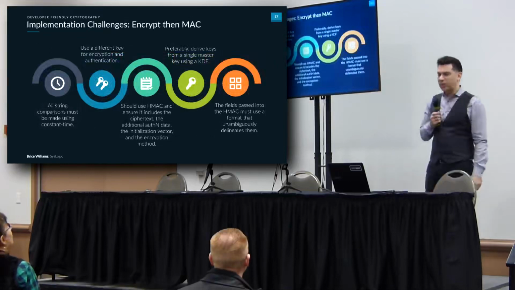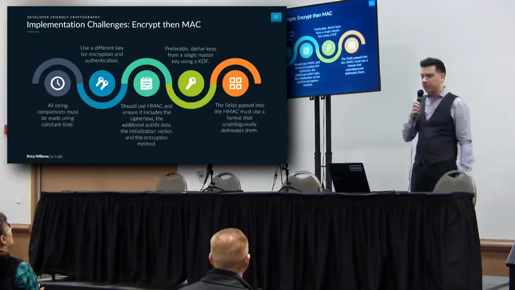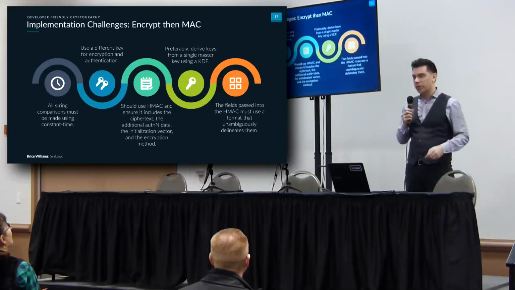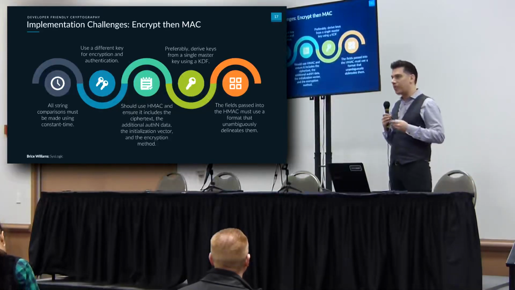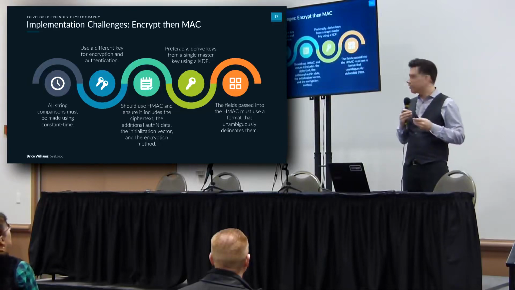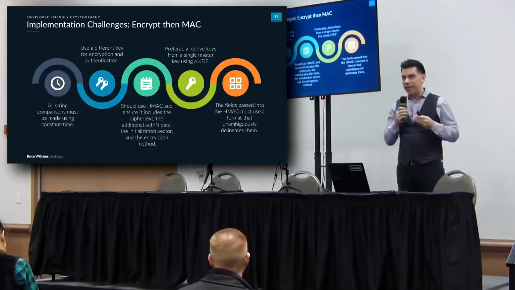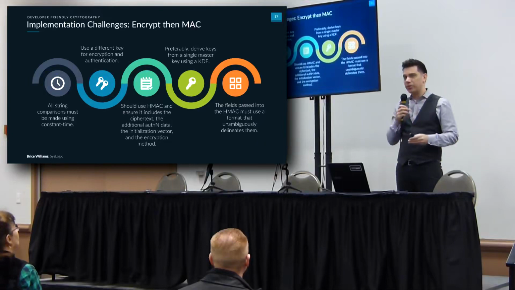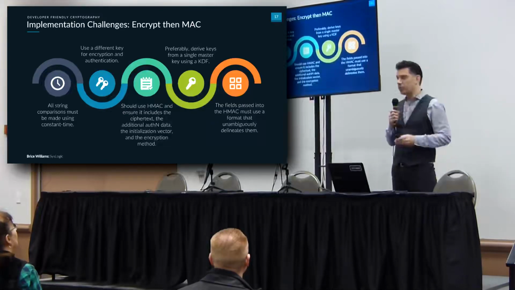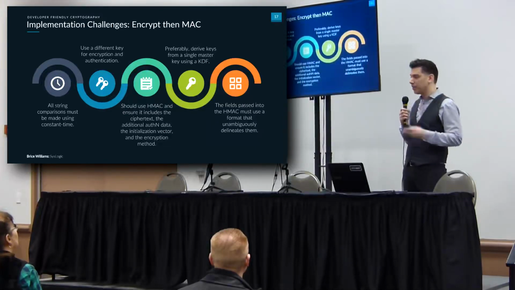Another thing is with implementation challenges, here's a specific example around the encrypt-then-MAC approach. So you have some knowledge, you need to use authenticated encryption, but maybe you're working with a library or a programming language that doesn't have authenticated encryption, but you can build it yourself with the built-in primitives. So you put together this encrypt-then-MAC construction. In order to do it correctly, though, you have to keep all this in mind. You've got to use a different key for your encryption from your authentication. Preferably, you derive those keys from a single master key using a KDF.